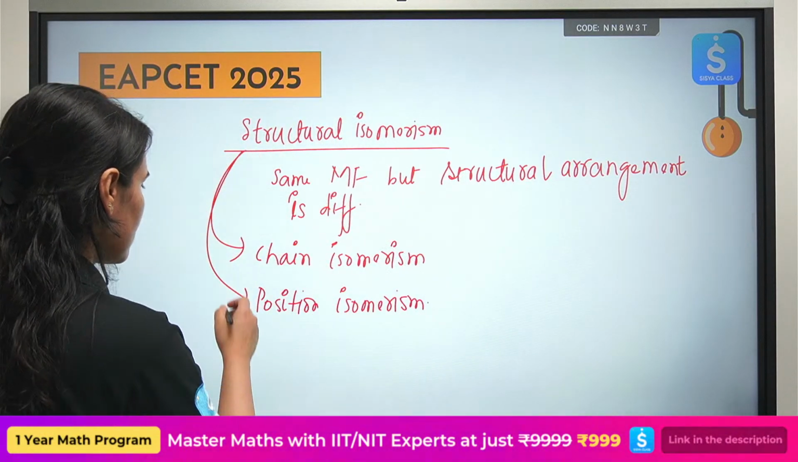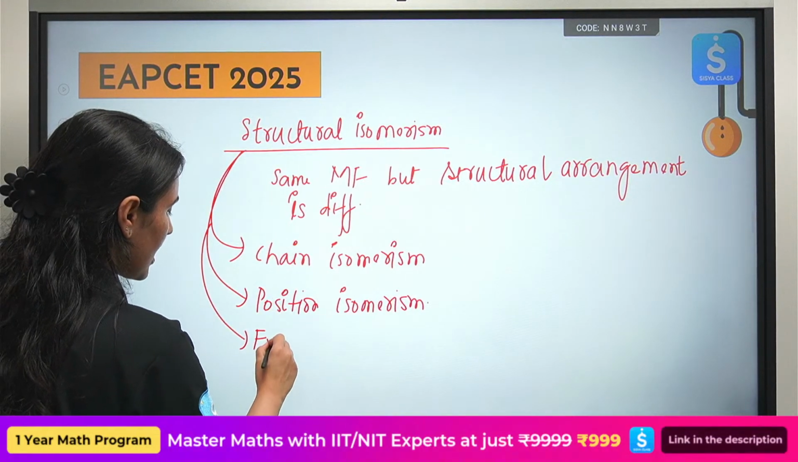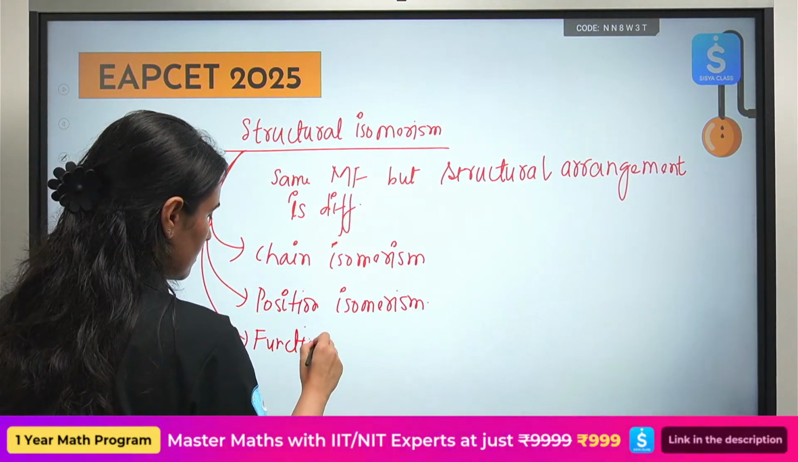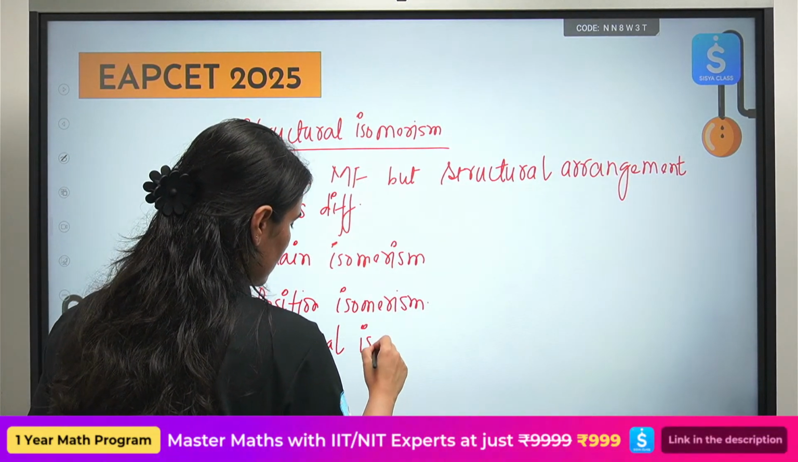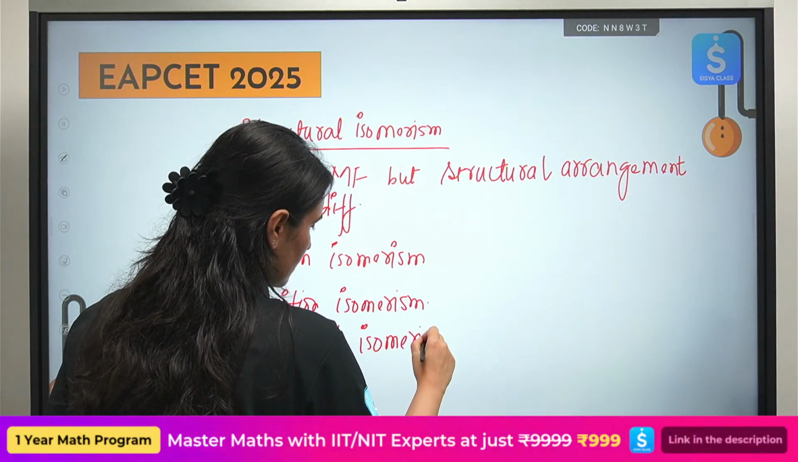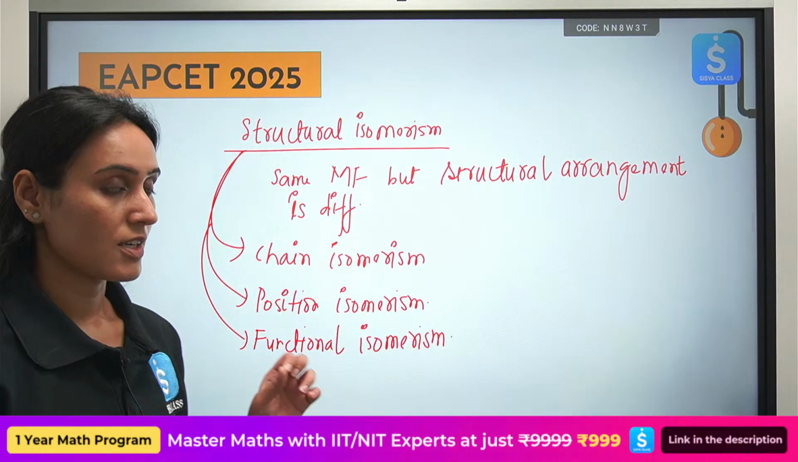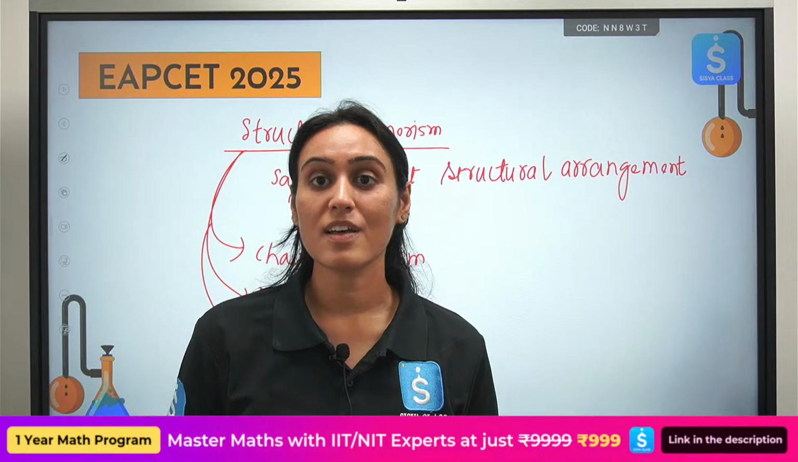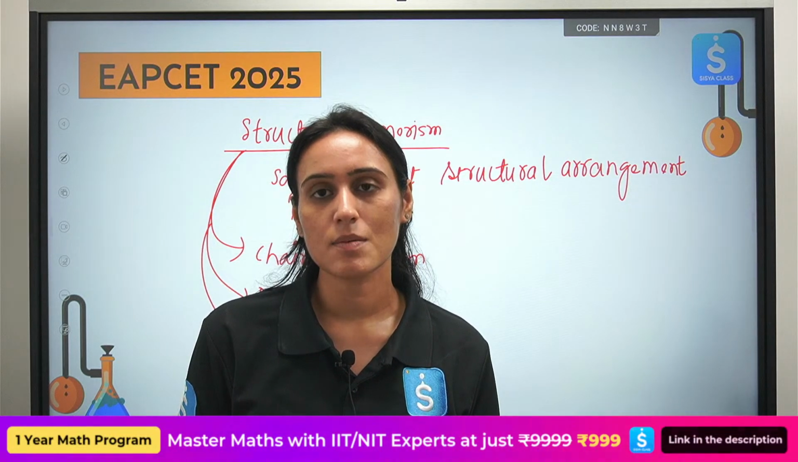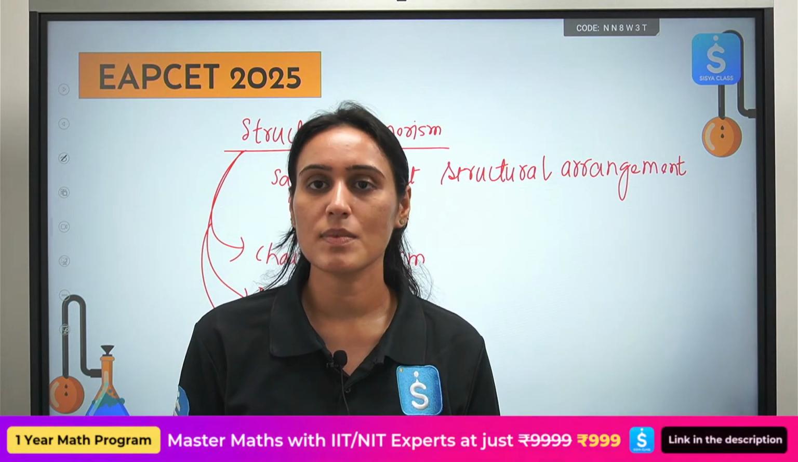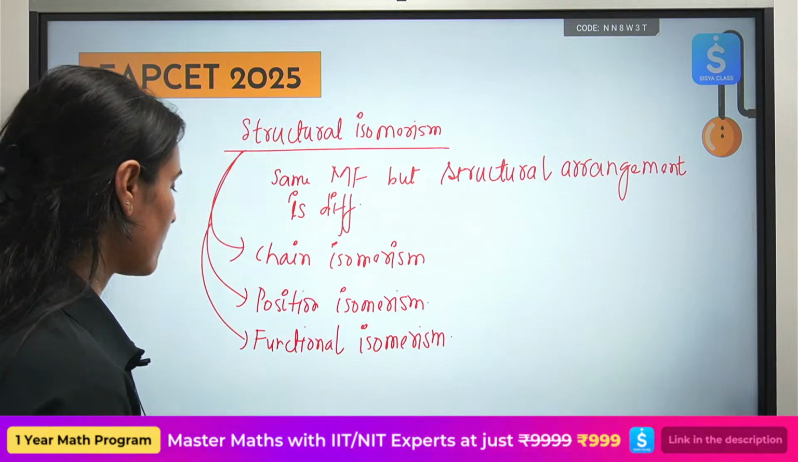Then you can have functional isomerism. So you have the exact same molecular formula, but the functional groups are different. Then we will call such compounds functional isomers of each other. Then we have